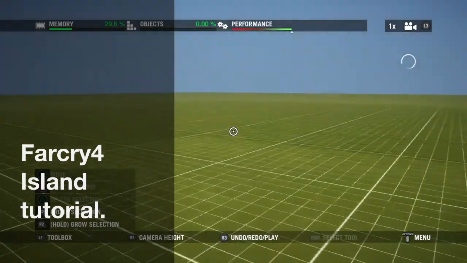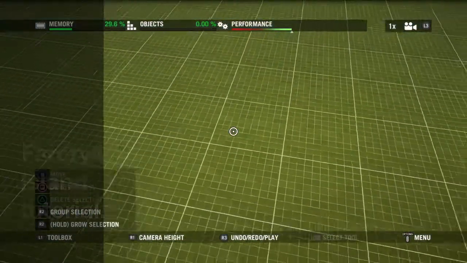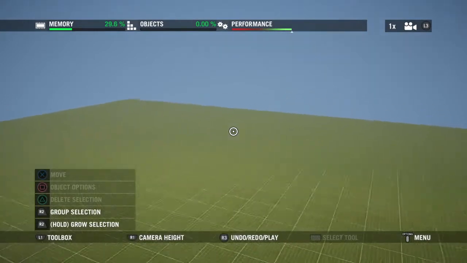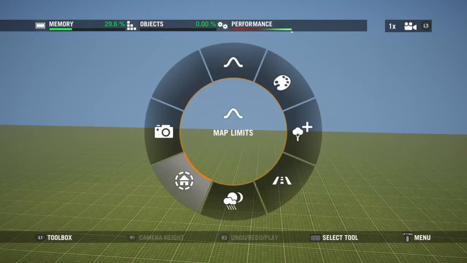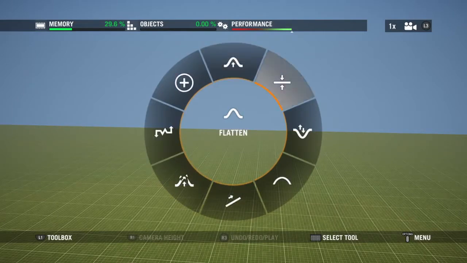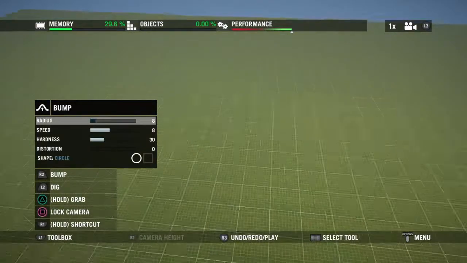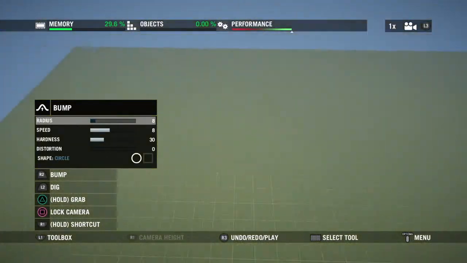Alright, so today I will be making an island on Far Cry 4 map editor. As you can see, starting with a blank map so that I can do as I wish without restriction. Alright, so I think I'll start with the bump tool